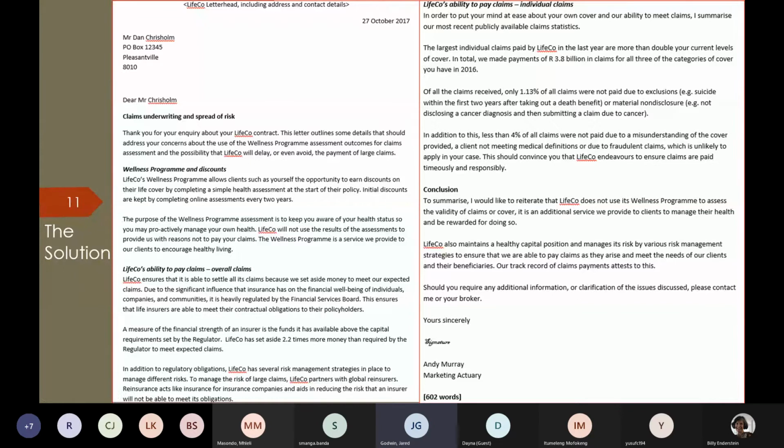What I really don't like, and I'd be keen if Billy agrees with me here, is what I saw another student do, actually it was in the past exam as well. They said, in this letter I will discuss, and then it was literally bullet pointed. Never mind the fact there wasn't a paragraph, it was bullet points, and you could see they were still in PowerPoint mode, because the first question was a PowerPoint, I think, and they did the second question like a PowerPoint. So don't do that, because in my mind that's not adding to the question. Don't be so obvious with your signposting that you're detracting from the tone,